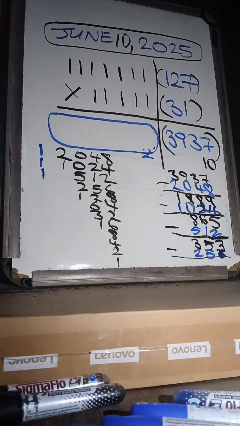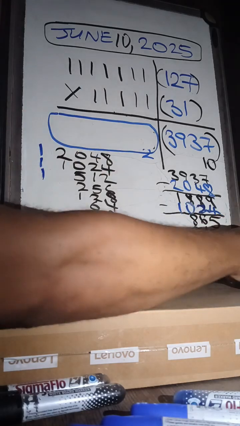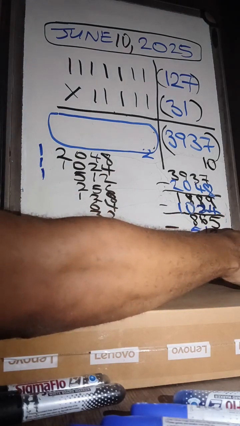Alright, so if I take away 253 from both of them, I would have 100 at the top. Below I'd have 3. So 100 minus 3 would be 97. So this would leave me with